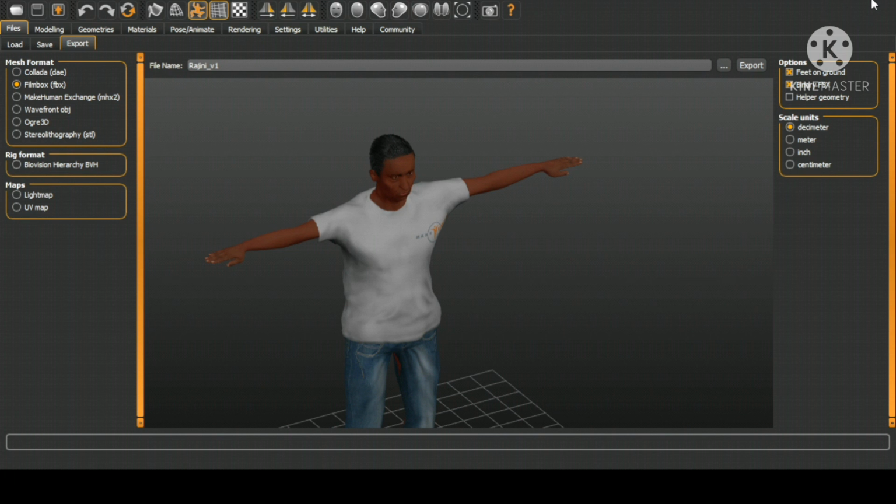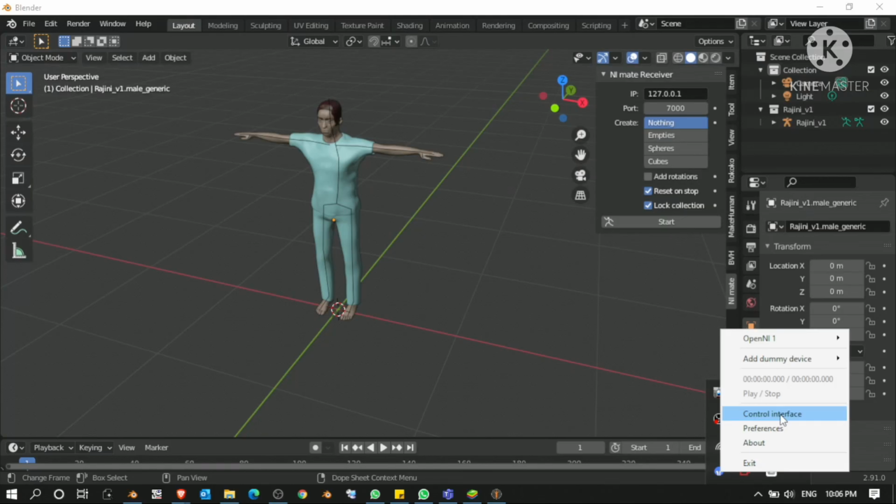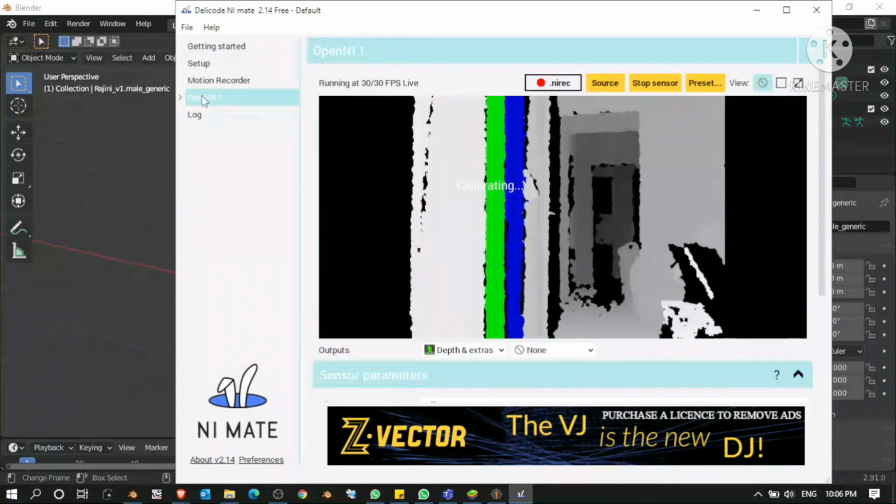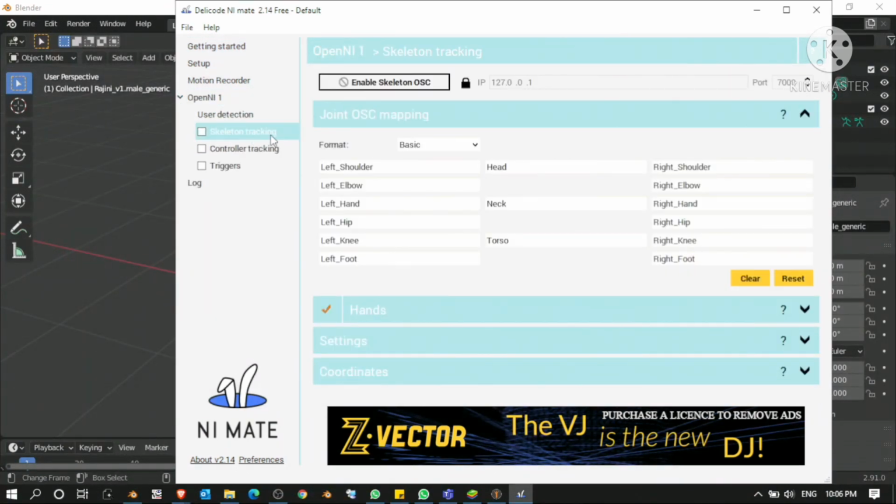Before jumping into Blender, let us have a look at NiMate. Let's collect the 3D coordinates from Xbox. After initiating the application NiMate, you will see a window like that, and it disables the hands. Okay, you need to select only skeleton tracking.